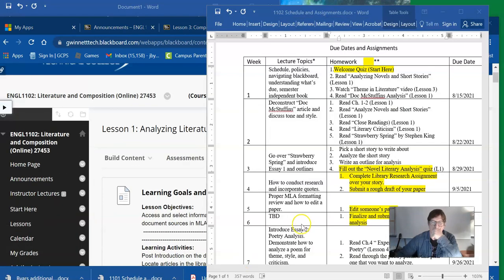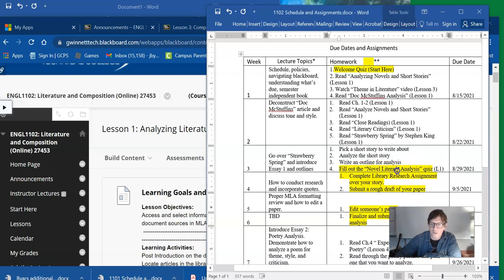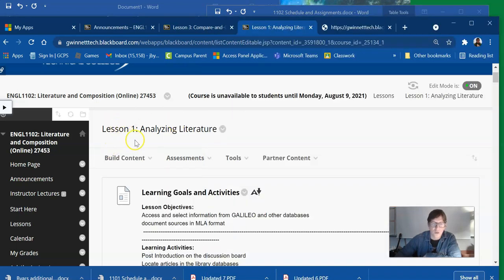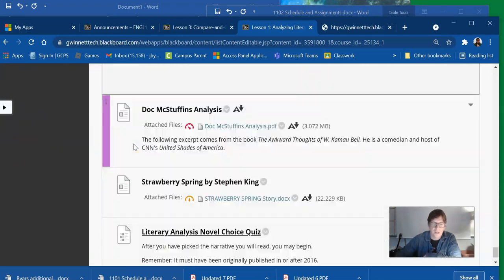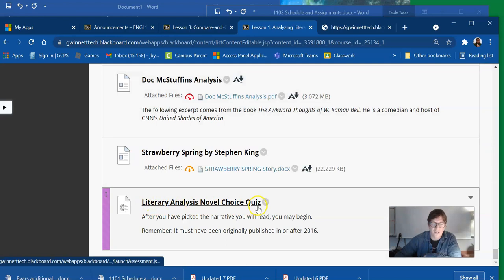Actually, it's in lesson 1. Fill out the novel literary analysis quiz. So go to lesson 1. Scroll down all the way, and find the literary analysis novel choice quiz. Take the choice quiz there.